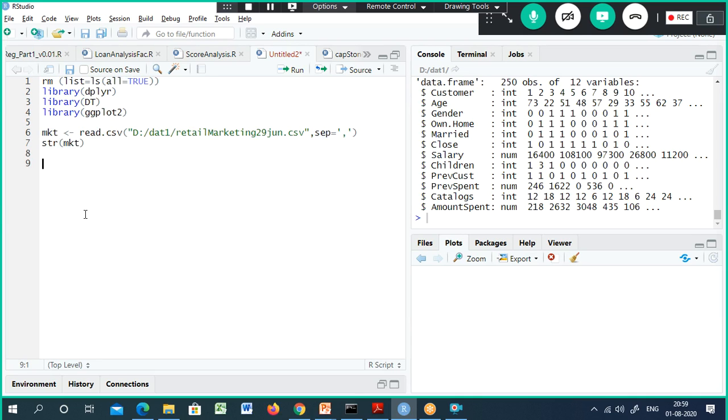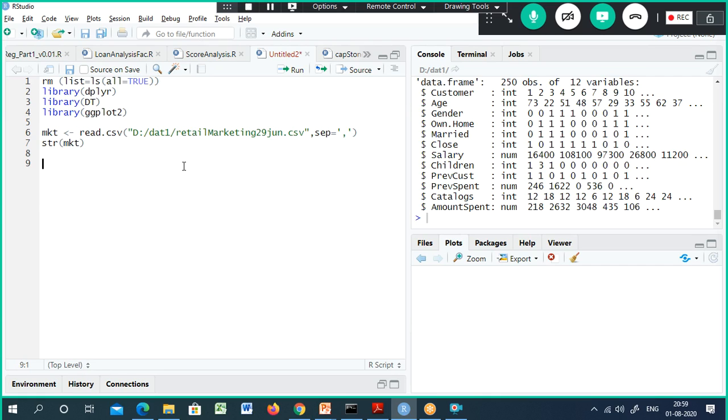We already discussed this marketing data set. That's the reason I am starting with it, because I have another case study with loan data. It has a lot of columns, but most of them are domain-specific columns and difficult to understand, so probably tomorrow or next week we'll work on that.